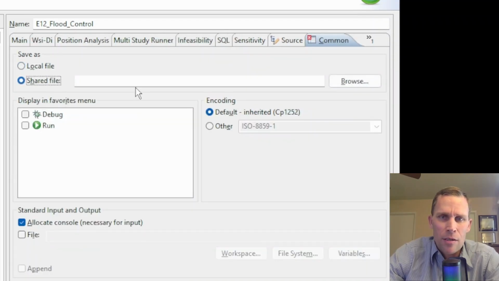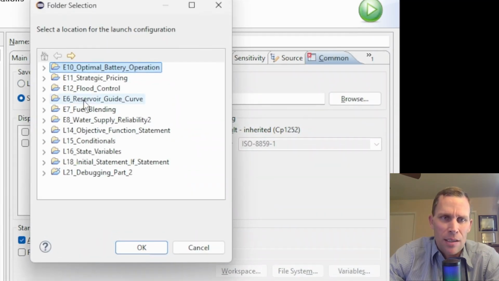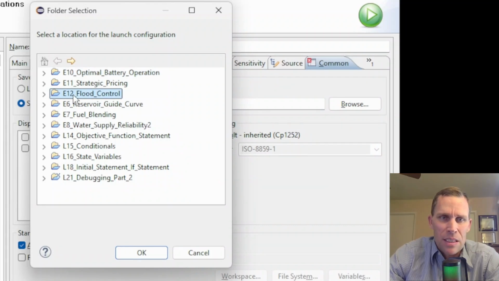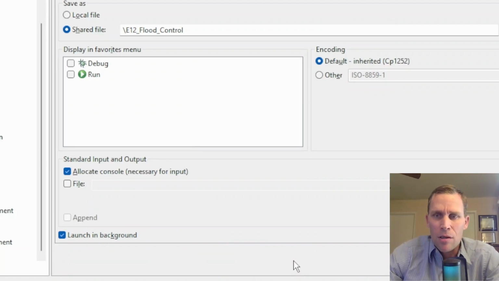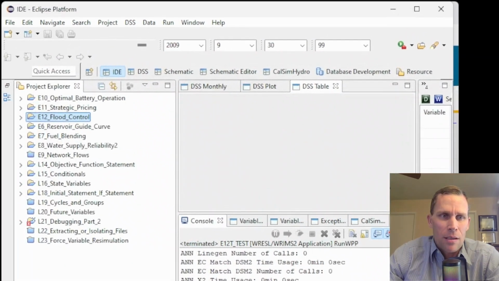Click on the shared radio button, click browse, and then click on the project, which for me is this E12 flood control. Okay, everything looks good there. I'll click apply. That created the launch file. I'm going to click on the close button in this bottom right corner here because I'm not ready to run it,